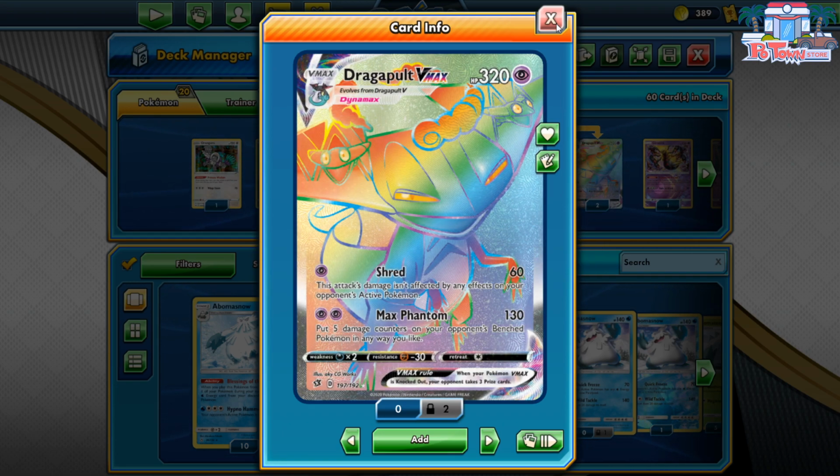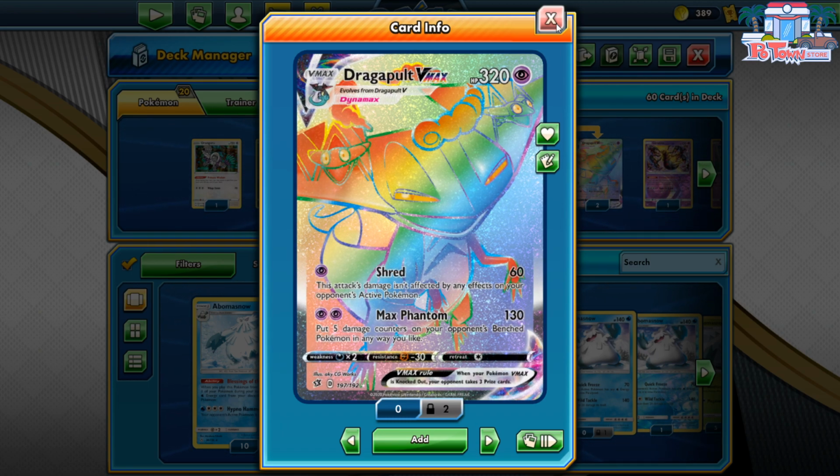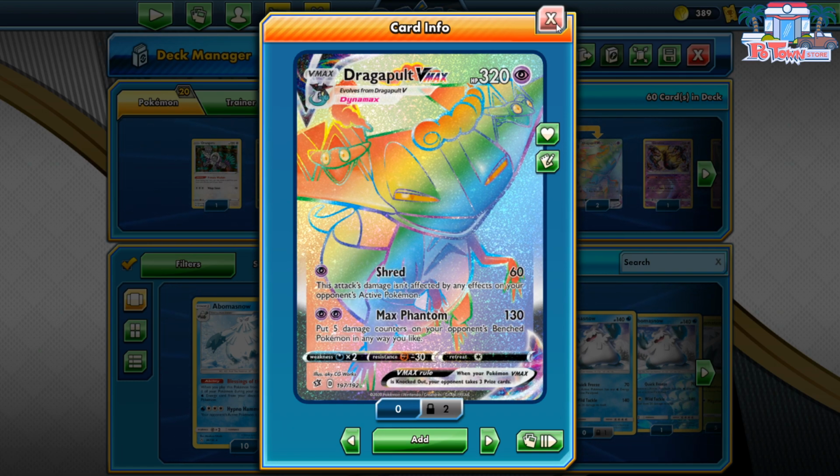So I decided to test out this Malamar variant in the Sunday Open because it's definitely one of my top prospects for the Limitless Qualifier 3. And I do think that a lot of people are starting to implement Crushing Hammers. Everybody's playing the Tina from Unified Minds in their Dragapult VMAX lists, and some people are putting Yell Grunts back in after it seemed like those were being taken out, and now they're coming back in. So a lot of energy disruption for the mirror match,